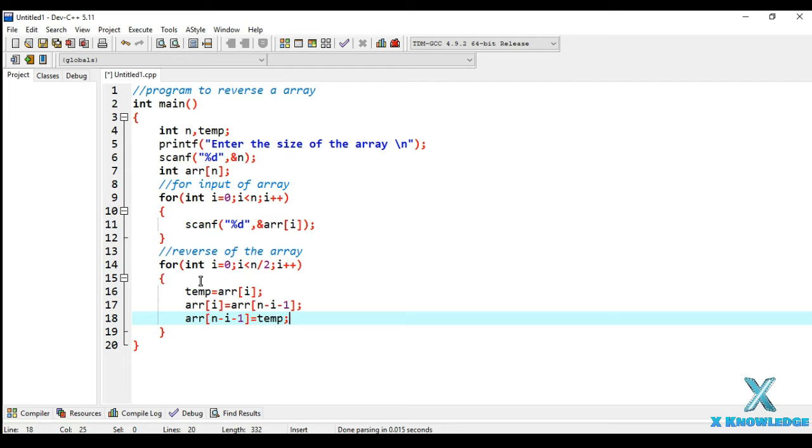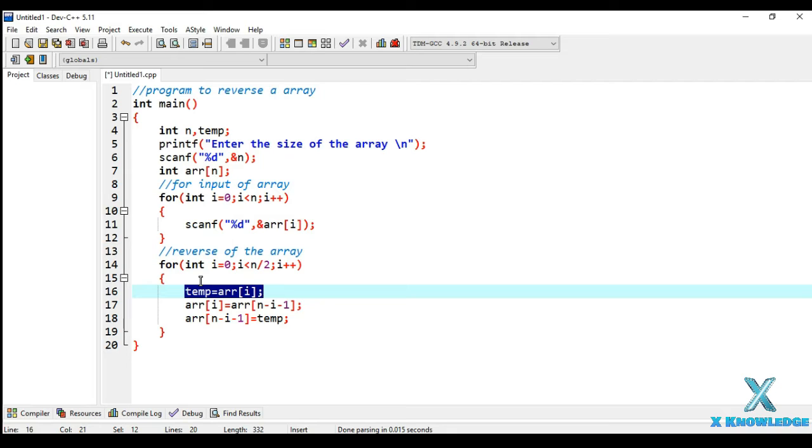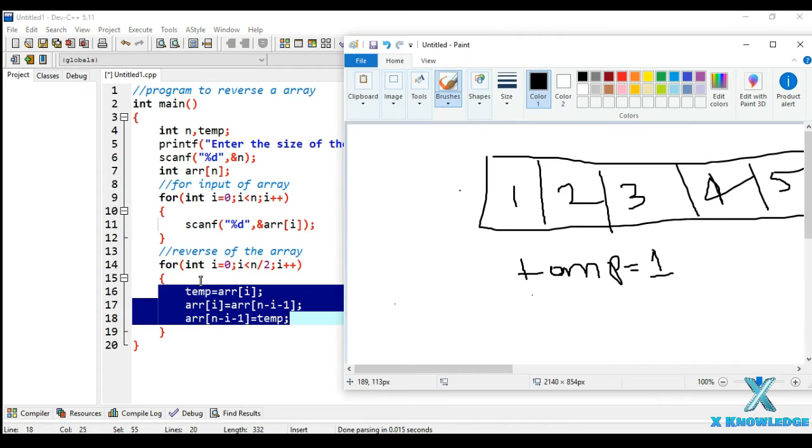So I have stored the first number in this temporary variable. Alright, suppose you have an array, and I'm going to discuss this a little bit. Suppose this is an array which contains 5 elements like 1 2 3 4 and 5. Now in the first iteration, temp is going to contain the value 1, and now see the next line, arr[i], that is the first block of that array, its value is going to be replaced by the last block, that is the 5 is going to come at the first position.